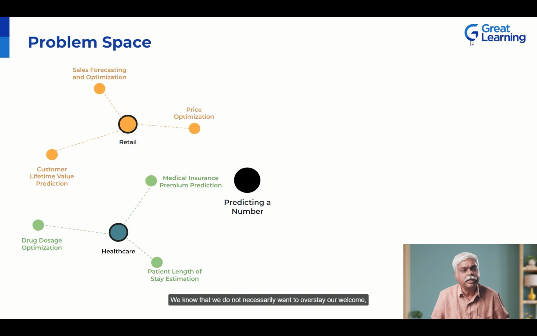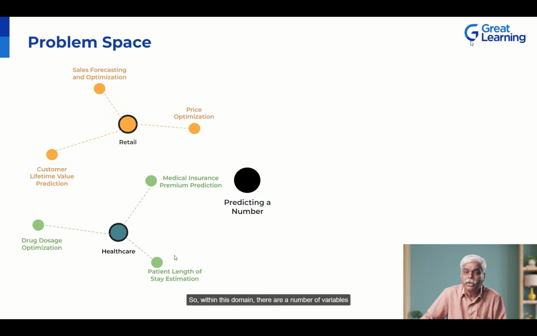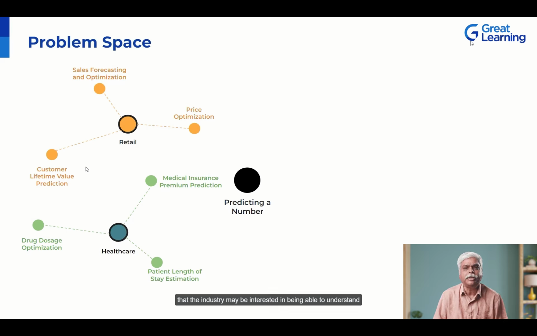We know that we do not necessarily want to overstay our welcome, so to speak, in a hospital. That's neither good for the bed availability of the hospital nor for our mental well-being and for the peace of mind of our families. So we know that there is a prediction problem here that is linked to other things. The insurance company may similarly care about that as well, as it may end up paying for the hospital stay. So within this domain, there are a number of variables in the problem space that the industry may be interested in being able to understand and being able to